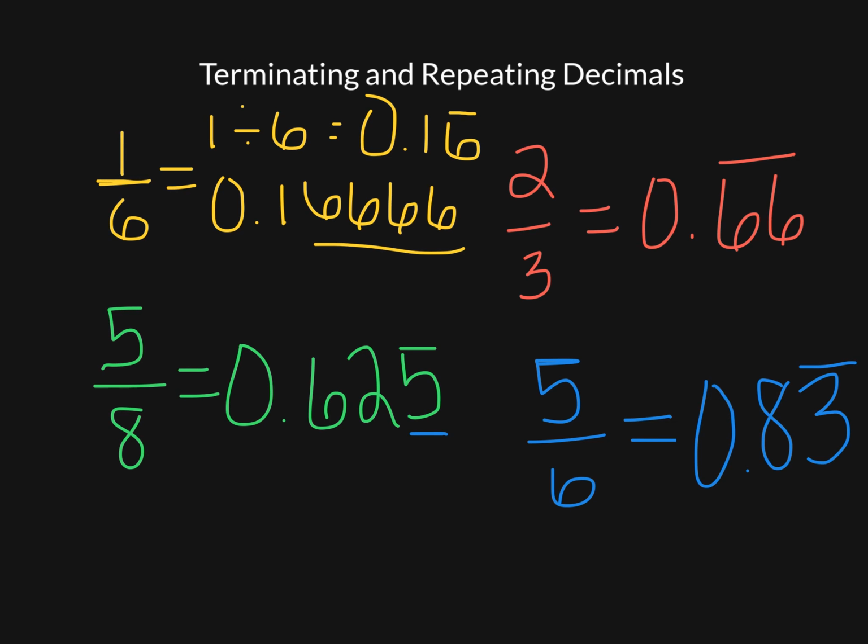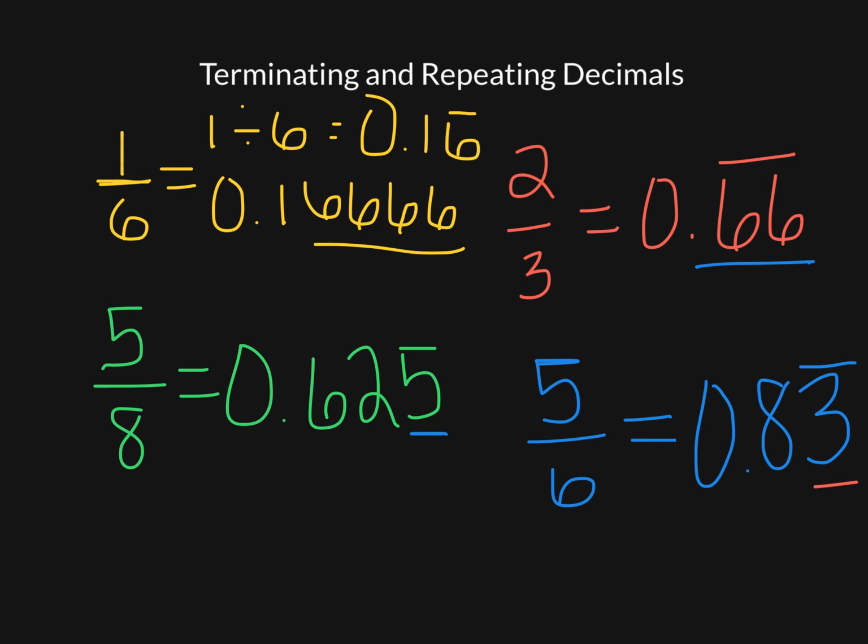Let's take a look at 2/3. 2 divided by 3 gave me 0.6666666 forever. So the 6's are what's repeating, and I have a repeating bar above both of those 6's. And the last example I gave you was 5/6, and when you do 5 divided by 6, you get 0.83333. So the 3 is the part that's repeating, so therefore I only have the repeating bar above the number